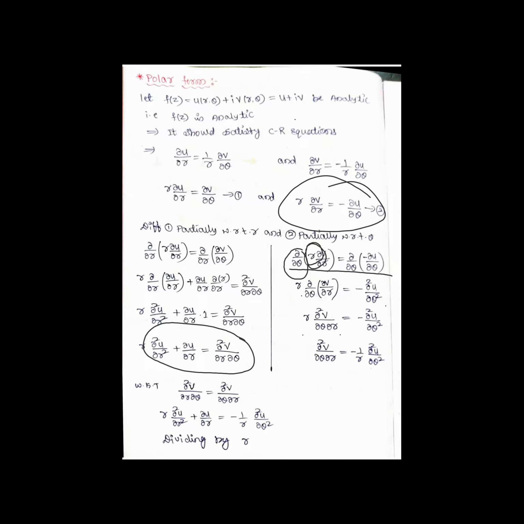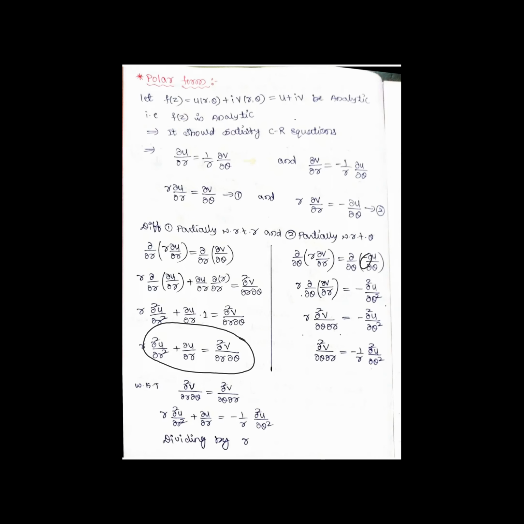R is constant, taken outside. You may ask, sir, even dou v by dou R is a function of R only. Do remember that dou v by dou R, whatever v is there, is a function of both R and theta. So I'm not taking it constant. Only R I am taking constant. Dou by dou theta of dou v by dou R is equal to minus, this minus you take out,